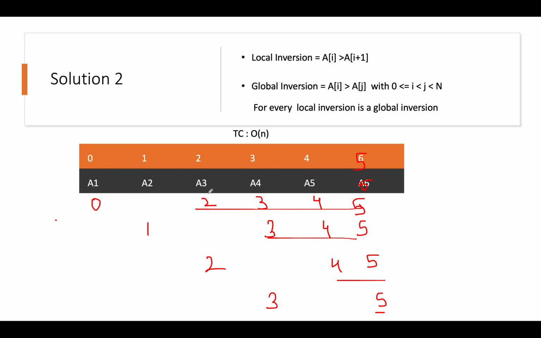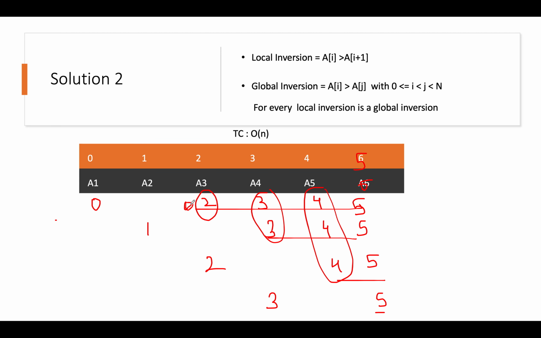If I look at the problem carefully, with which indexes is 2 getting compared? 2 is only getting compared with 0. So we have to devise a solution where this comparison definitely happens. With which indexes is 3 getting compared? 3 is getting compared at 2 places, 0 and 1. With which indexes is 4 getting compared? 4 is getting compared with 0, 1 and 2. So I'm writing this information.